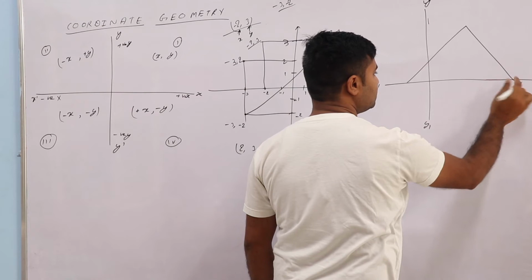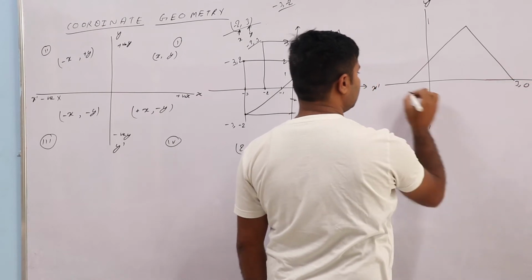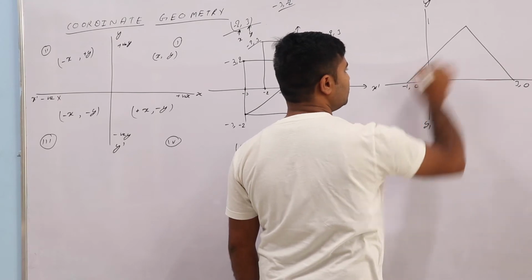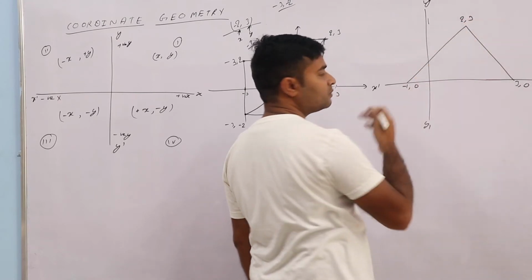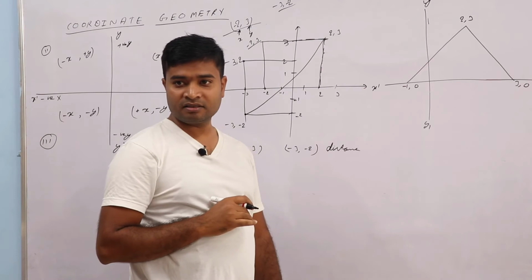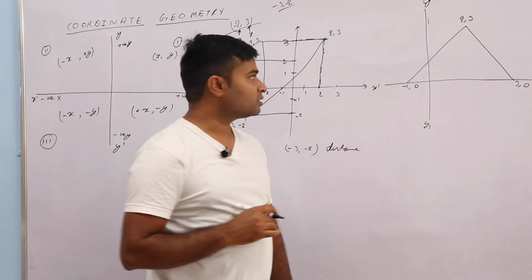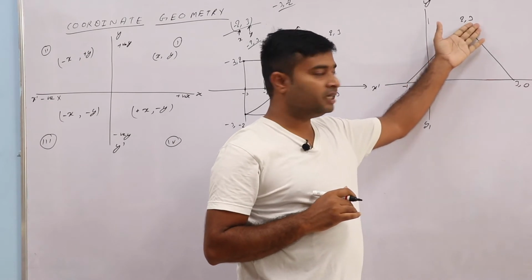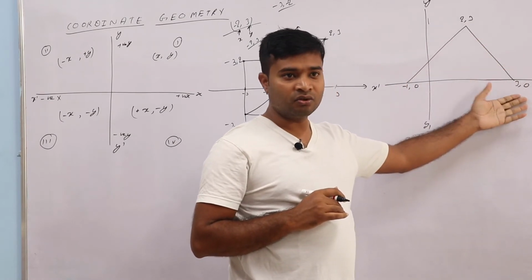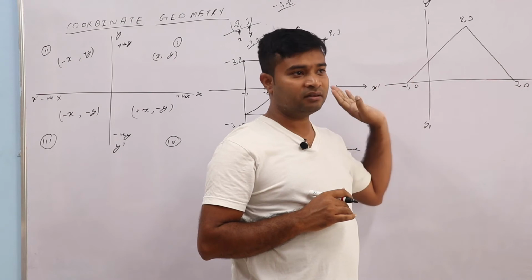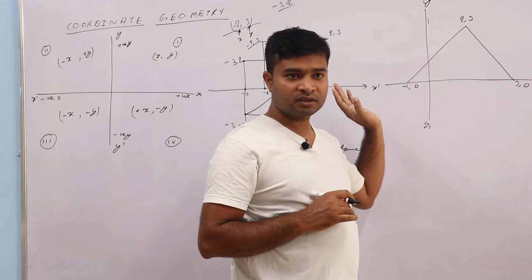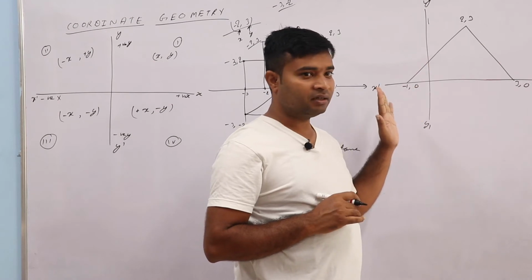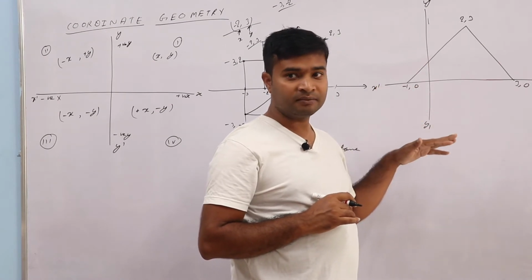Here think this is 3 comma 0, this is 1 comma 0, minus 1 comma 0, and this is 2 comma 3, something like this you get the point. Yes, sir. Correct? Means the question will give points minus 1 comma 0, 2 comma 3 and 3 comma 0 form a triangle, find the area of it. Yes, sir. Getting? Find the area of it. Getting which kind of question will come in this chapter.